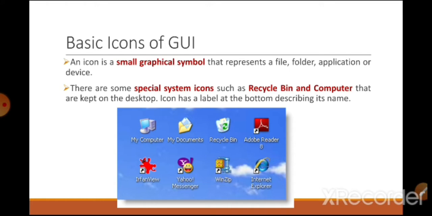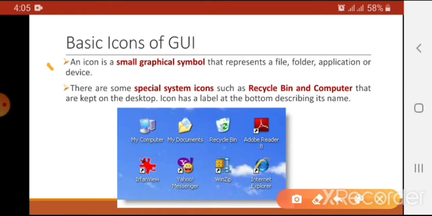First of all, we will discuss what is an icon. An icon is a small graphical symbol that represents a file, folder, application, or a device. There are some special system icons such as Recycle Bin and My Computer that are kept on desktop.